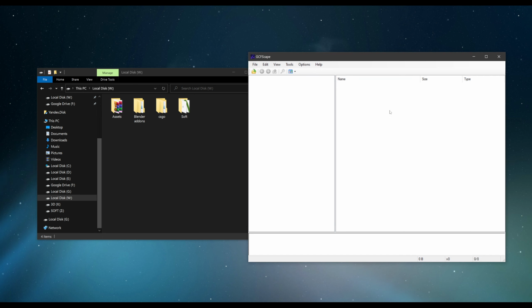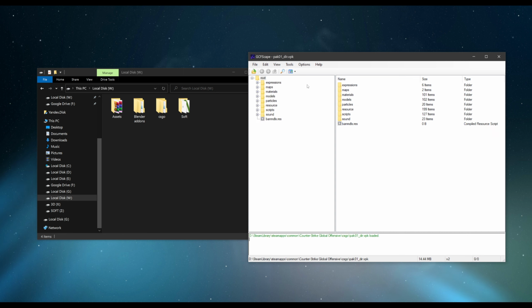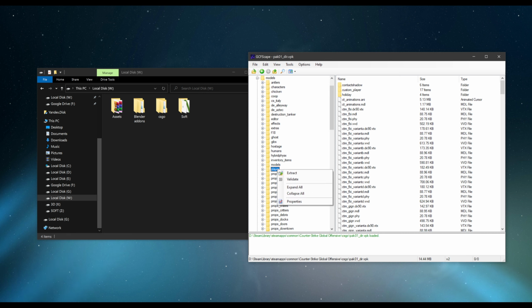Open GC Escape. Go to the models folder and get folders with weapons and players.